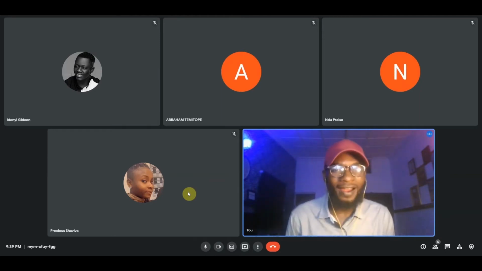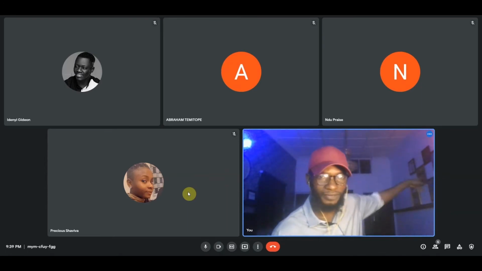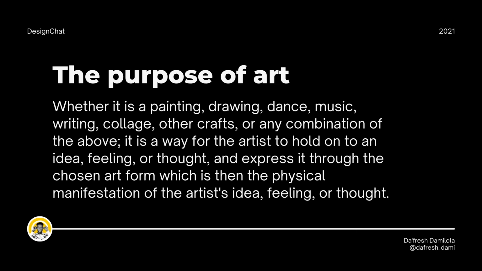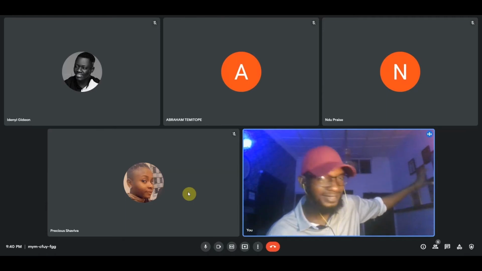An example of art is, let's say for instance, a frame. Like you look here now, you see some frames here. These things are a form of art. They are here for decoration, to beautify the environment.